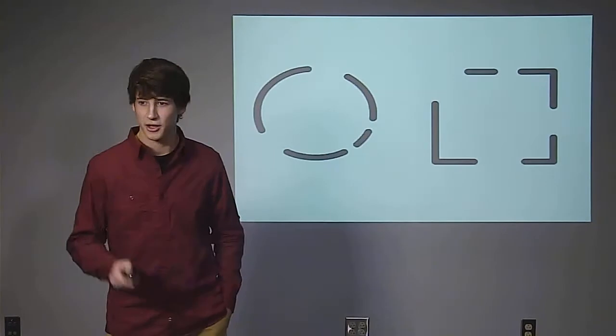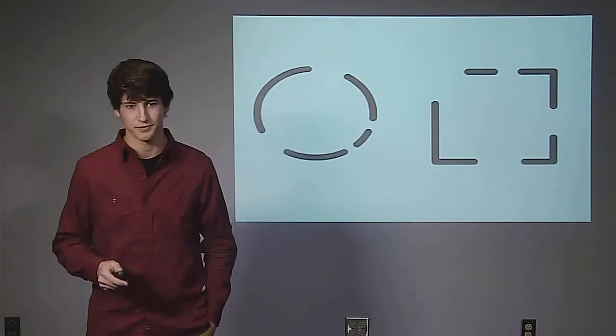Here's an example of this. If I show you this object, or this one, and I asked you what they were, you would tell me that you saw a circle and then a square. If you have good memory, I could ask you maybe a month from now, and you could probably still tell me that. But if I asked you to consciously think what is actually there, they're not actually a circle and a square. Each is made up of 4 lines.